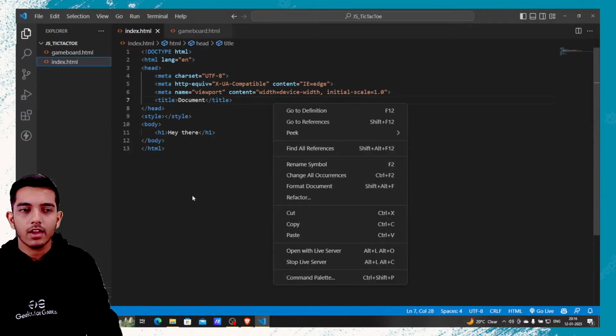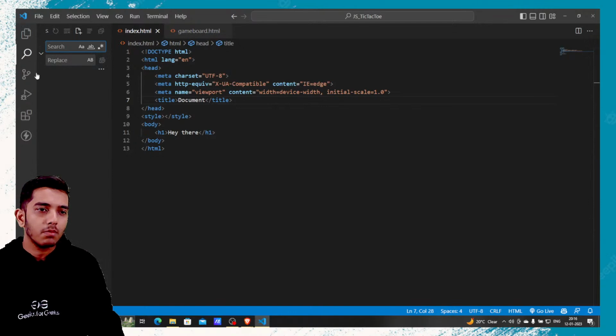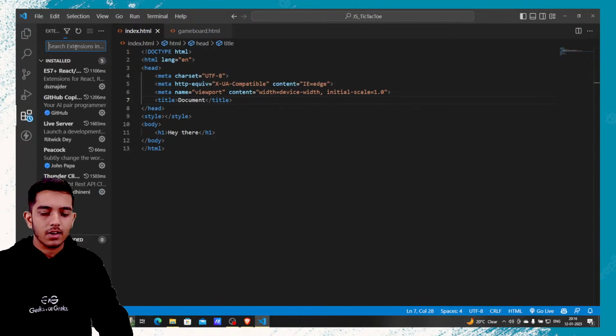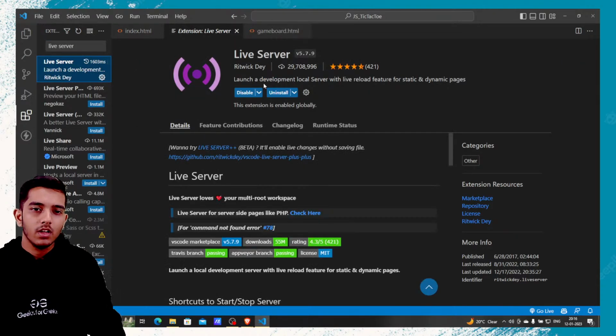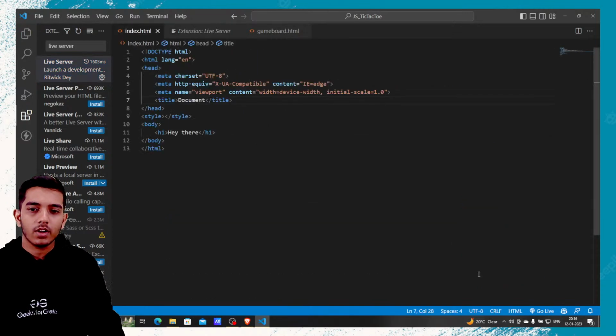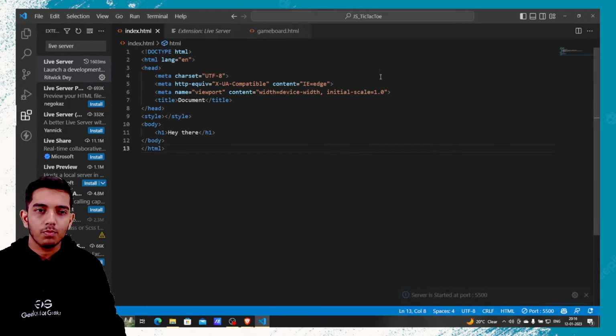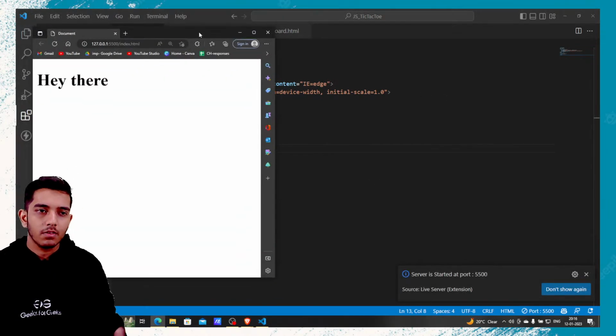So if you haven't installed live server, you can go to this extension named live server, and you can install this one, and after that you can get an icon here, go live, or you can just click open with live server, both will work. Okay, so the page will be open in a browser, and you can see that we got our text, but